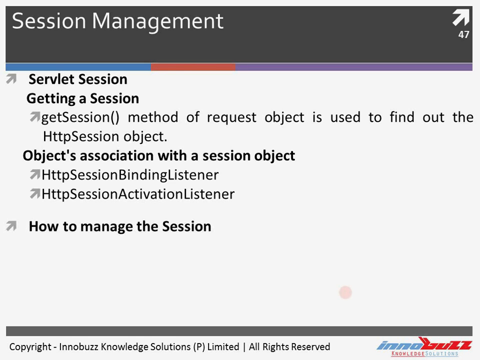How can the session object be managed? We can do this by using two methods. getMaxInactiveInterval: this method is used to find out the maximum time interval that a session will be accessed between the client. setMaxInactiveInterval: this method is used to specify the maximum time interval of requests from the client before invalidating this session